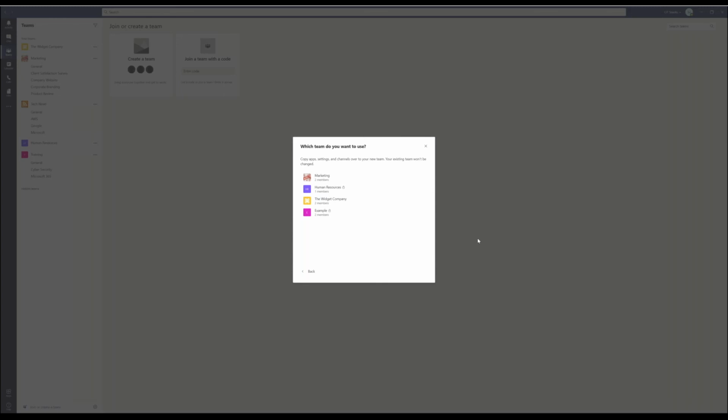It won't copy data, and if in the widget company you had any private channels, it won't copy those, but quite a useful way to rinse and repeat if you require, without having to spend quite a bit of time reconfiguring everything manually. So once you've got a team correct and the structure you'd like, you can just use that, keep that as a template if you so wish.